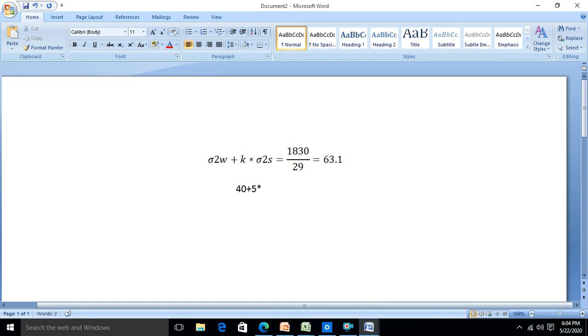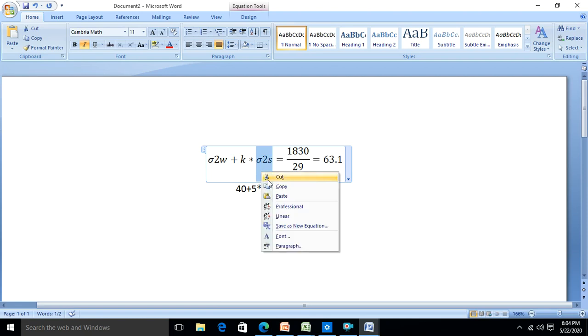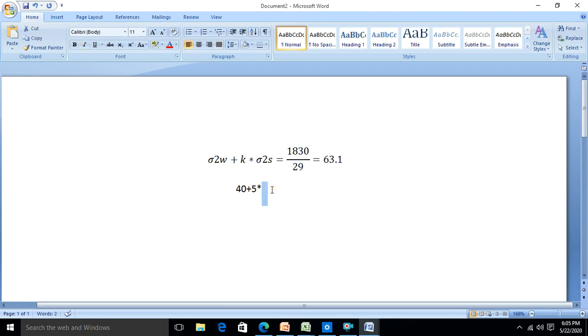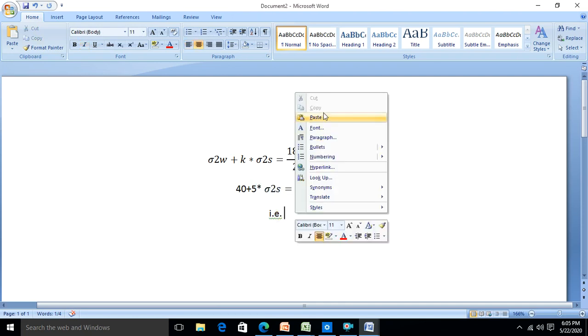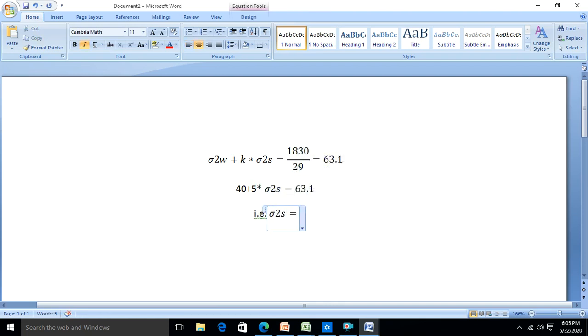K is the number of daughters per sire, into sigma square S, which is equal to 63.1. Solving this equation for one variable, sigma square S is equal to 63.1